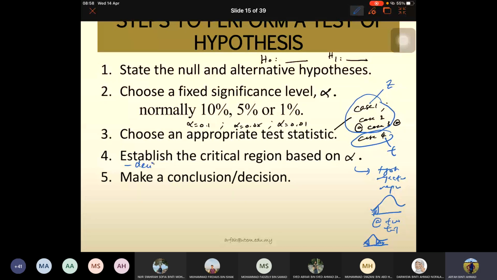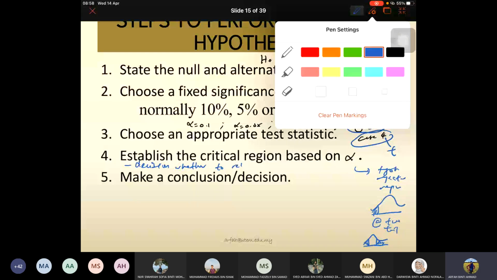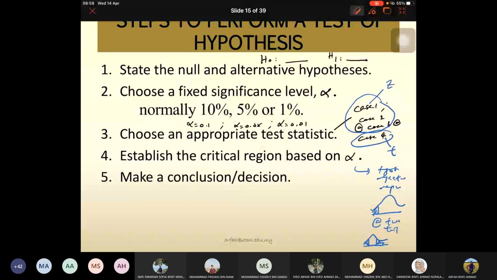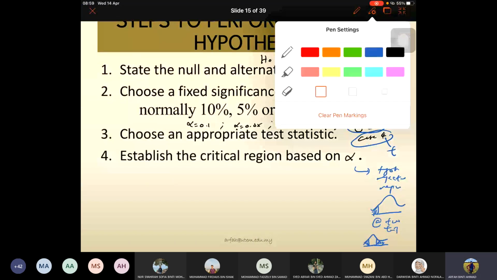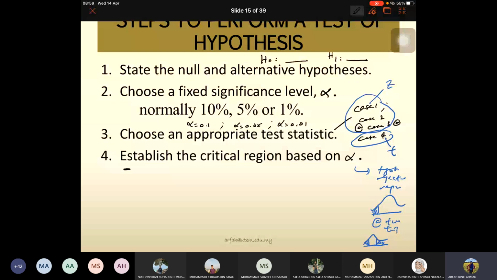Dari sini awak akan buat decision whether to establish a critical region based on alpha. So from here, we will make a decision. Okay, whether